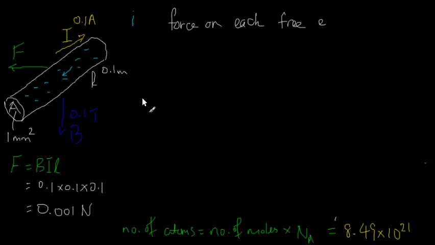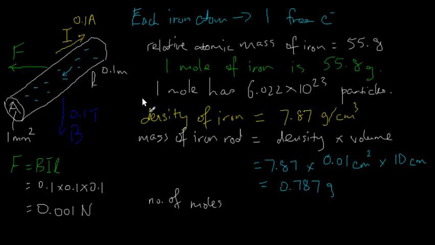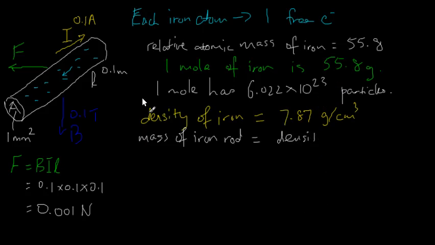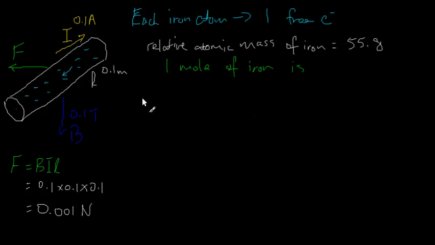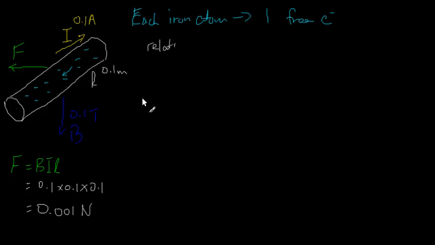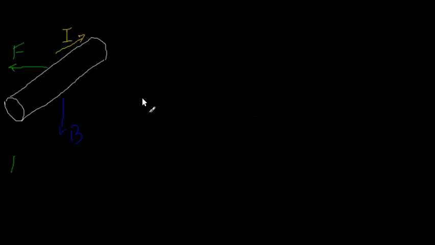Let me clear this up. Right, the way to do it is to think about electrons flowing into this rod. Now, if I have electrons, say coming in from one end of the rod, let's say from this end of the rod,